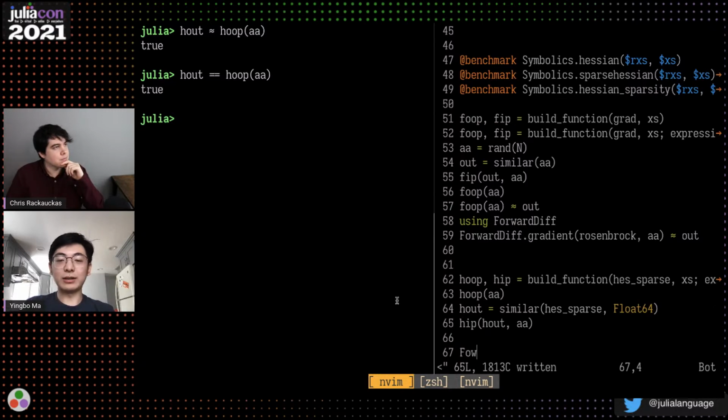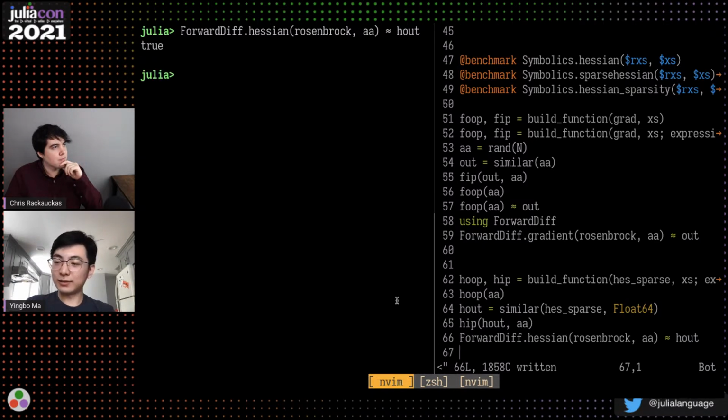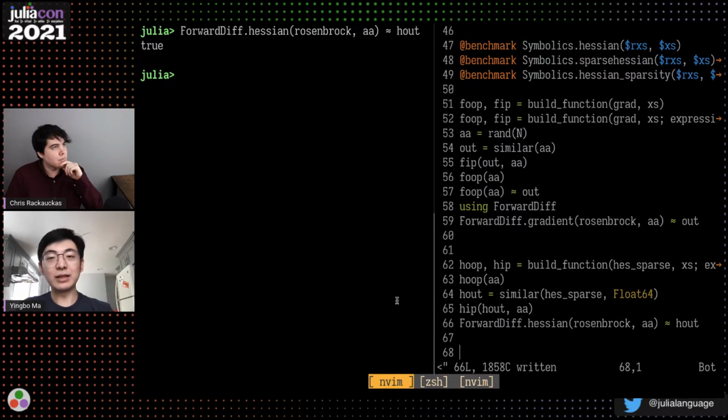So we can also check our symbolic Hessian against the Hessian computed by ForwardDiff at point AA. That is approximately equal to HOP. Yeah, you can see that's correct. So now let's